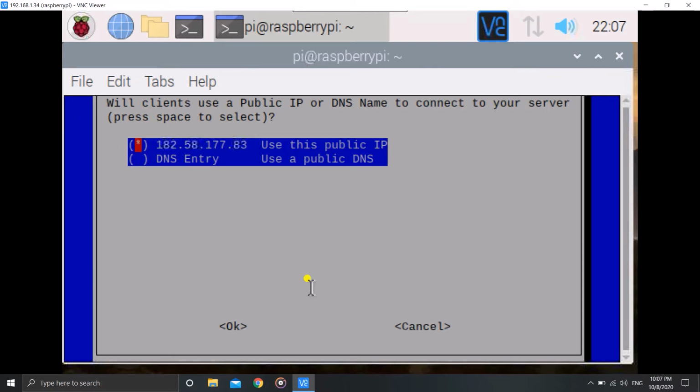Now how many of you have not got a static IP at your home? I haven't got one. Most of you won't have it because it's costly and usually companies have it. So we will be using a dynamic DNS service, which will modify itself every time the public IP address changes. As you can see, my current public IP address is this, but it might change tomorrow, after a week, after a month. So that's not good because it's a server. You don't want to go modifying it every time. So just use the DNS entry thing.